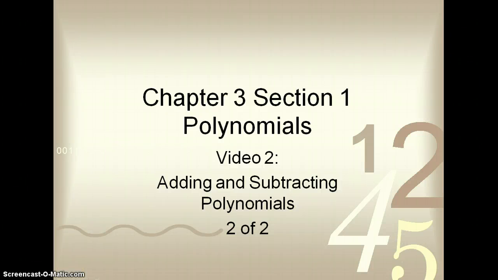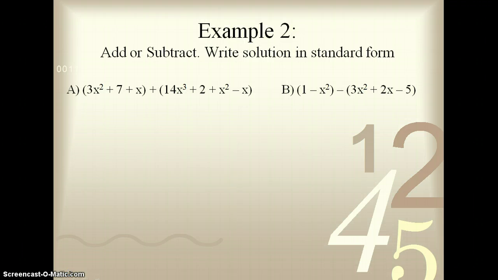Alright, so this is the second video for Chapter 3, Section 1, Polynomials, and this one's covering adding and subtracting polynomials. So the example says, add or subtract, write solutions in standard form. Again, please remember, standard form means that the exponents are in decreasing order, starting with the highest, working towards that constant. So A, you have 3x squared plus 7 plus x, plus the quantity 14x cubed plus 2 plus